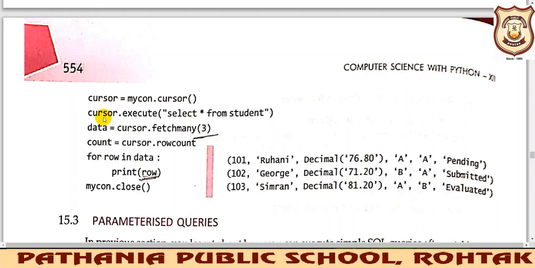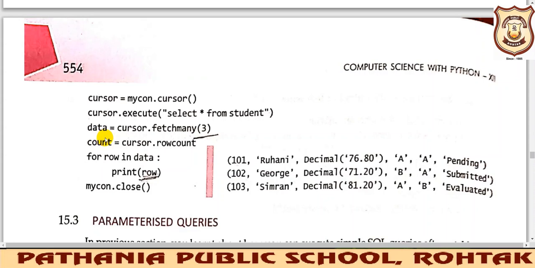Next, when you are executing the SQL query, it is the same SQL query that we have done in previous chapters: select star from student, if you want to see all the rows present inside a particular table, and the table name he has already mentioned, that is student. We want to run this query as we run it in MySQL. So in Python, we write this command like this, and because the connection has already been made, this statement will be executed in your MySQL. But keep in mind that you need to keep your MySQL open while you are running it.